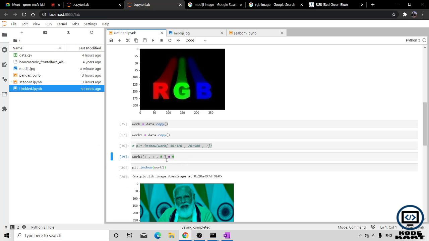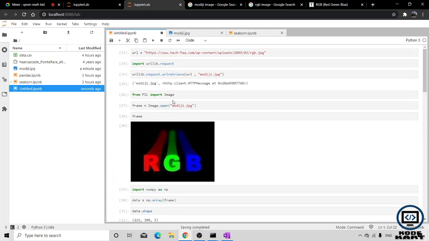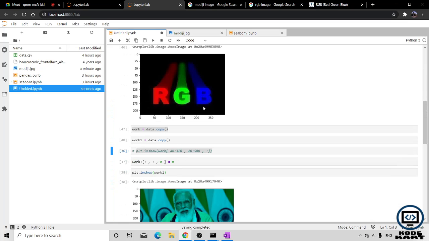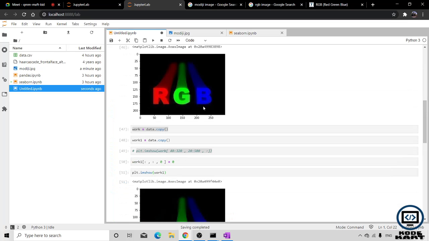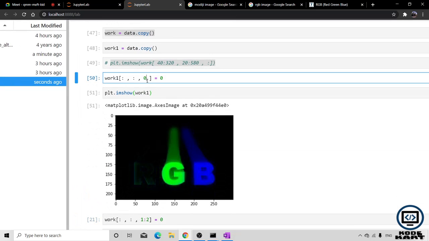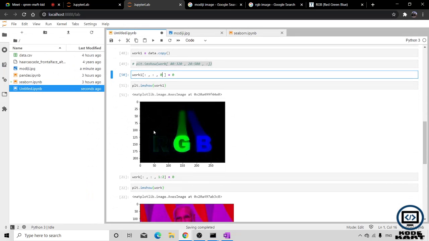So first of all I removed the 0th axis. Now you can see that as the 0th part is 0, only the red part of that image is removed, while the green and blue parts are still showing up.